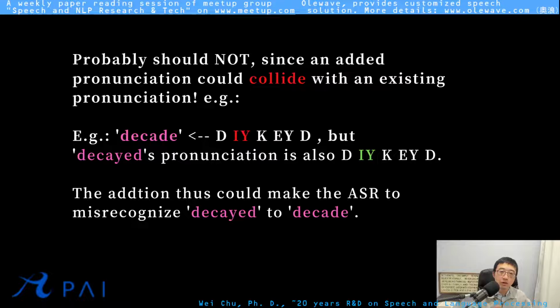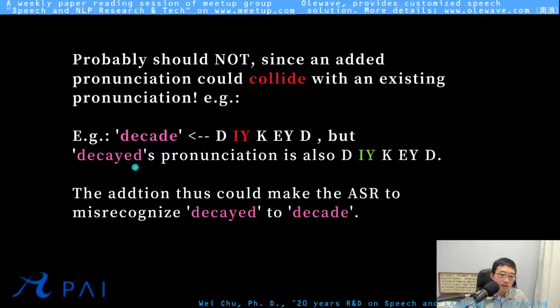But this is what I found. I think you probably should not add the mispronunciation into the dictionary, or at least you should add it only after knowing this, because this new pronunciation or this mispronunciation is actually colliding with the existing pronunciation term in the dictionary, the word